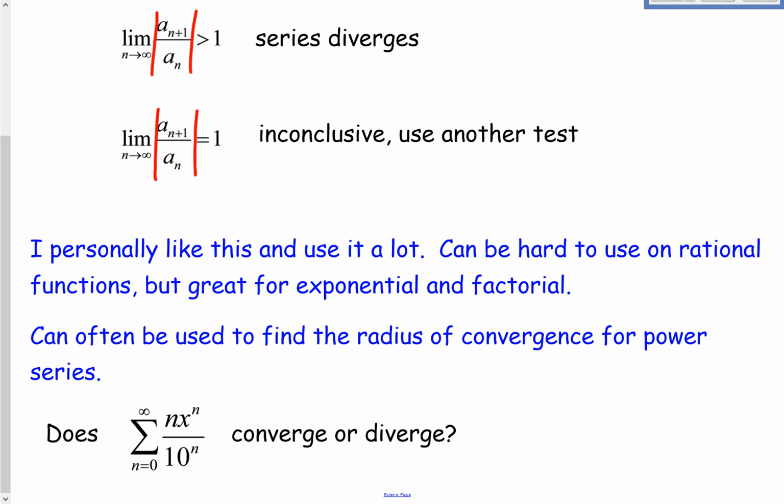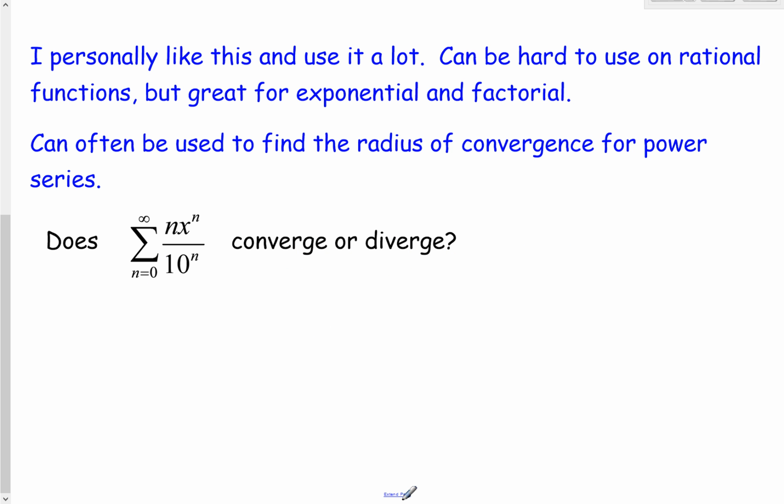The other thing is, it is a terrific way for us to find a radius of convergence, and by extension of that, our interval of convergence. So, let's go through the steps, and I'm going to be using the same series for both, just demonstrating the ratio test as well as then using that to find a radius of convergence for the series. Say that this is our series, and I want to use the ratio test to decide if this converges